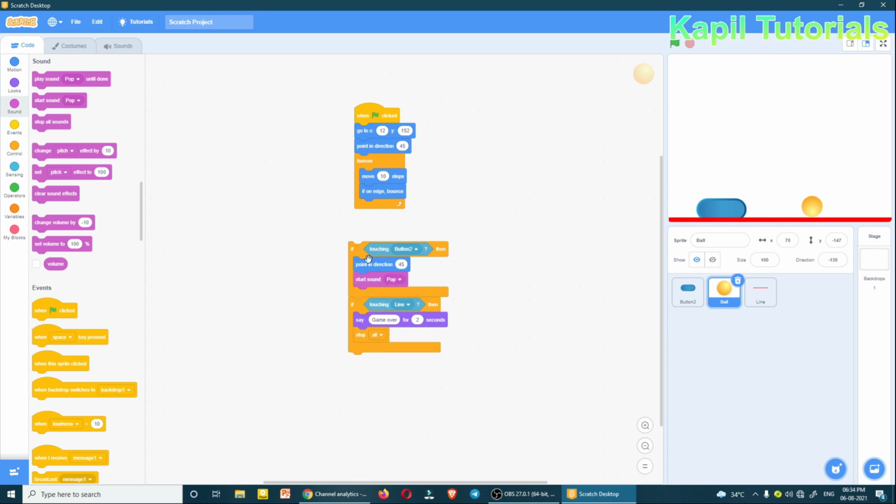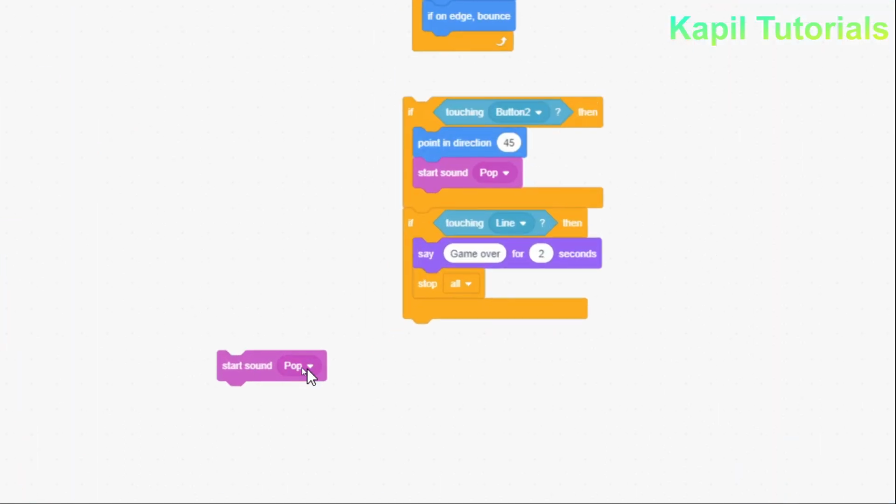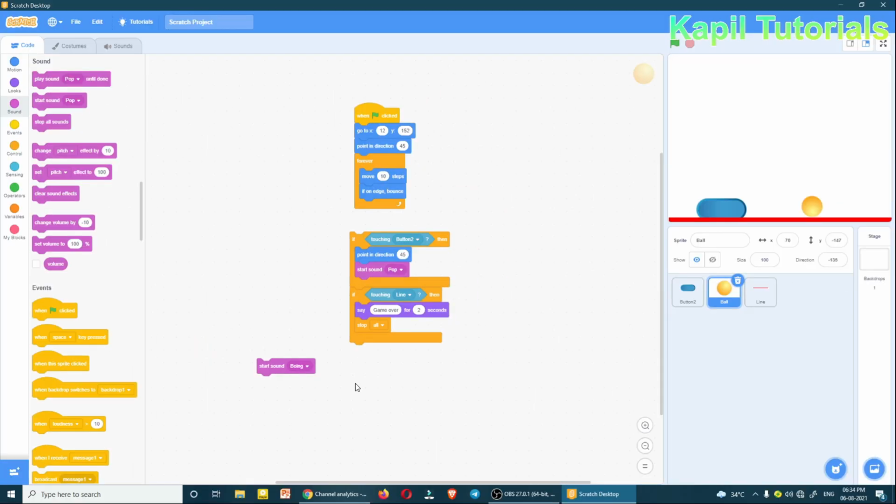It's like this, okay? And in this case also I want to put some sound. If it touches the line, then in that case I want to play some other sound. I'll just drag it here, and here I'll choose the bowing sound, and then I'll put it here.